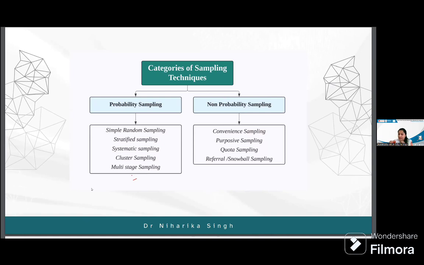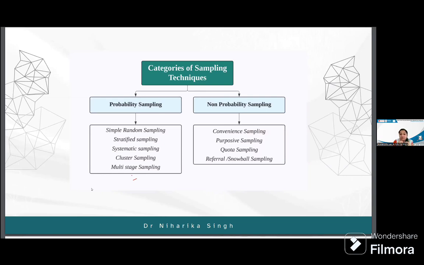Non-probability sampling is a kind of sampling where not every part of the population has an equal chance of getting selected for the study. Thereby, in probability sampling, the first one that we are going to do in detail